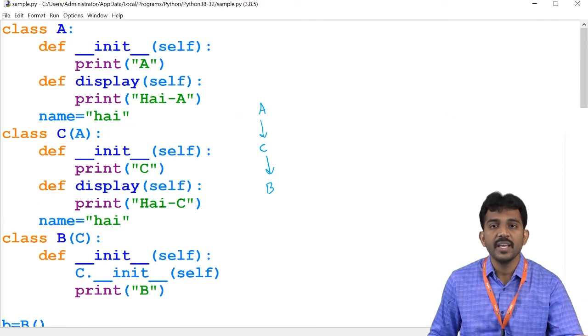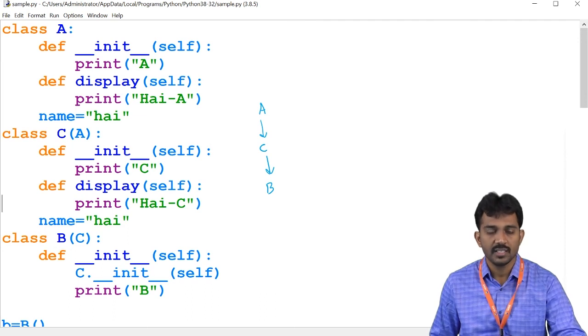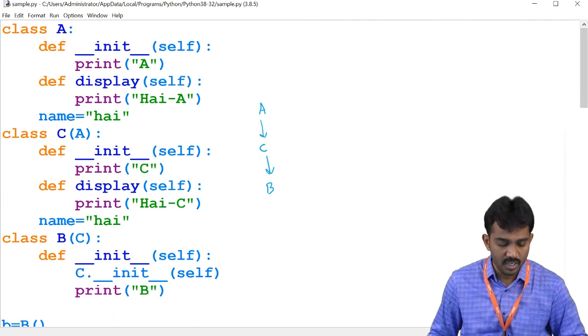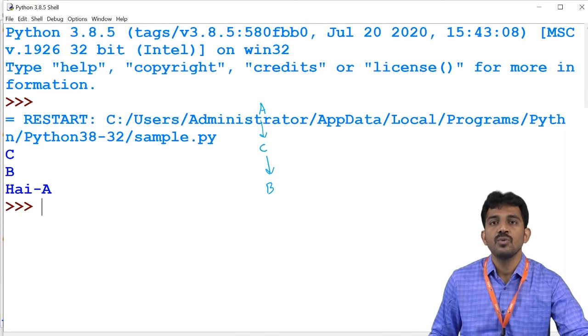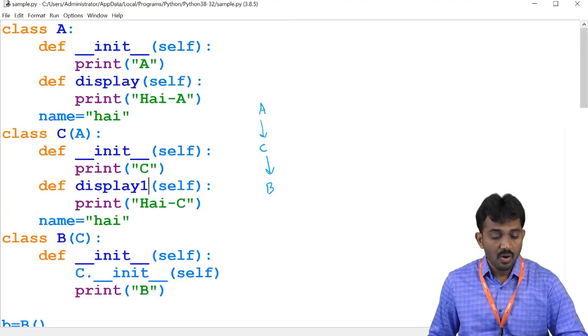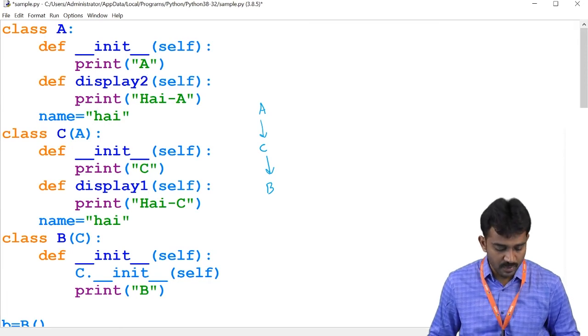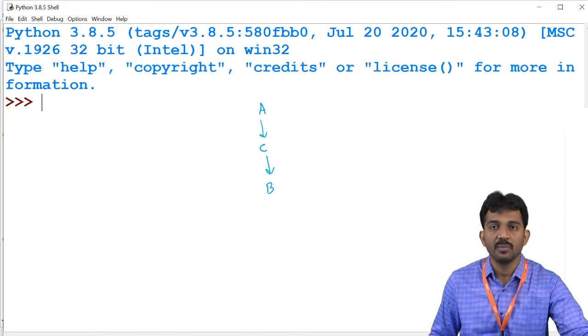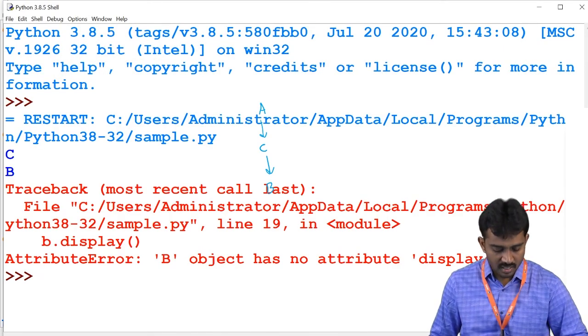What is the immediate parent of B? C only, right? If it is not available here, then it goes to class C. If it is not available there also, say display 2 is not there, then it is going to return an error. Right? Is this clear?